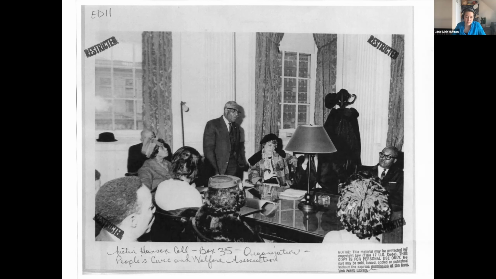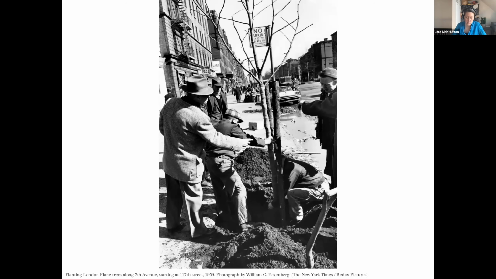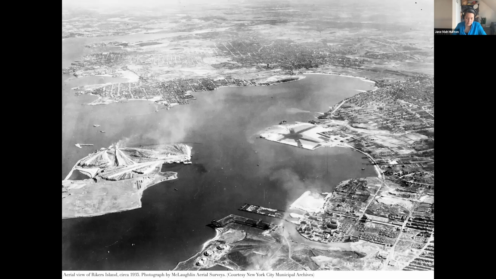And so this was a long-standing demand. Thirteen years later, the city committed to a large-scale tree planting on 7th Avenue. This is the first of 400 London plane trees that were going in from 110th to 155th Streets on a spring day in 1959. And all of these 8-foot tall trees had been growing at the Rikers Island City Tree Nursery,